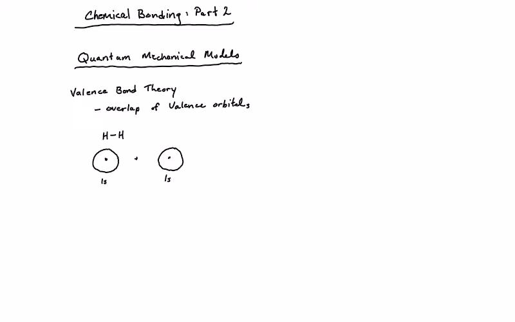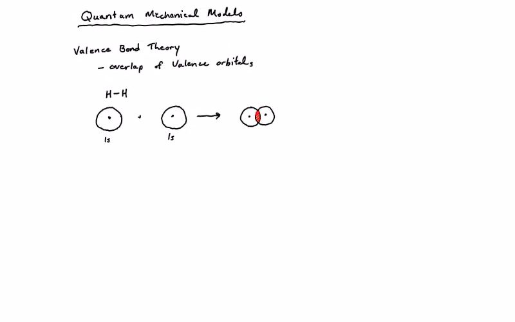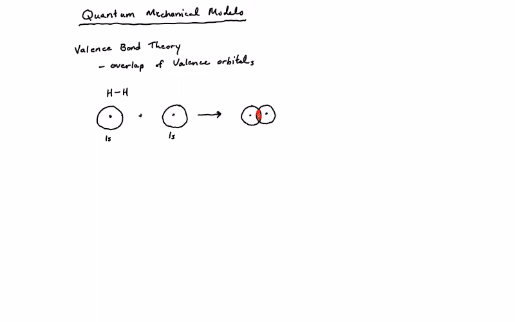And what valence bond theory tells us is that the overlap of these two orbitals is what leads to the bond forming, or at least that the bond forming requires the overlap of these two orbitals. What's nice about this is that it actually explains a good deal about why some bonds are longer than others. For example, if you were to look at the halogen acids, so HF,